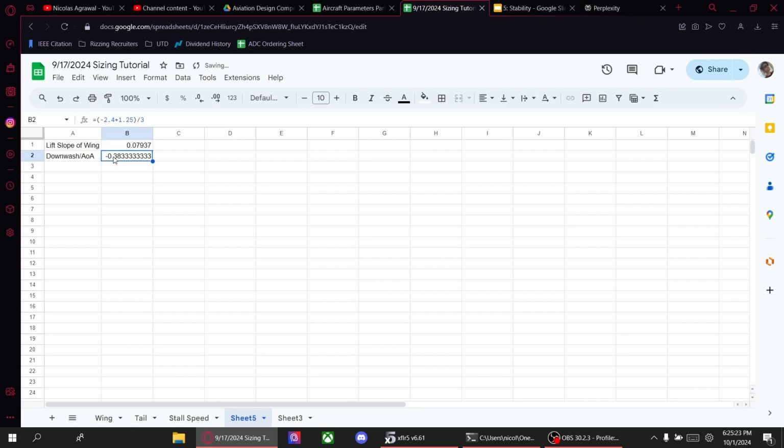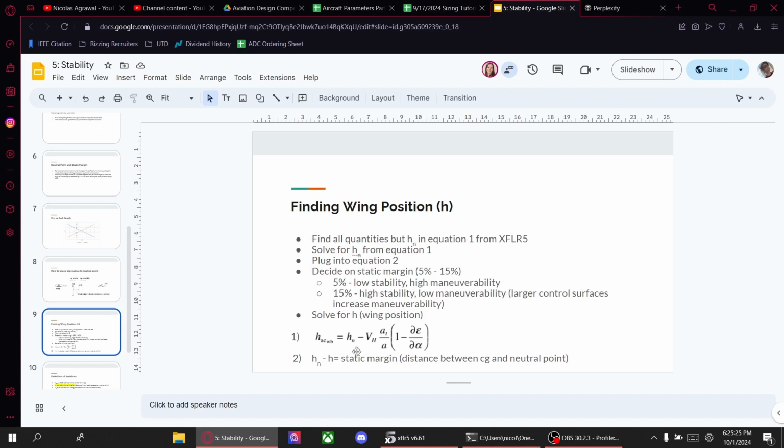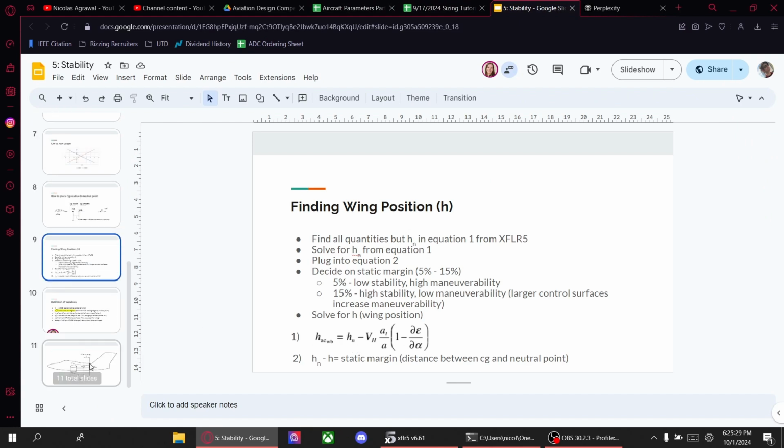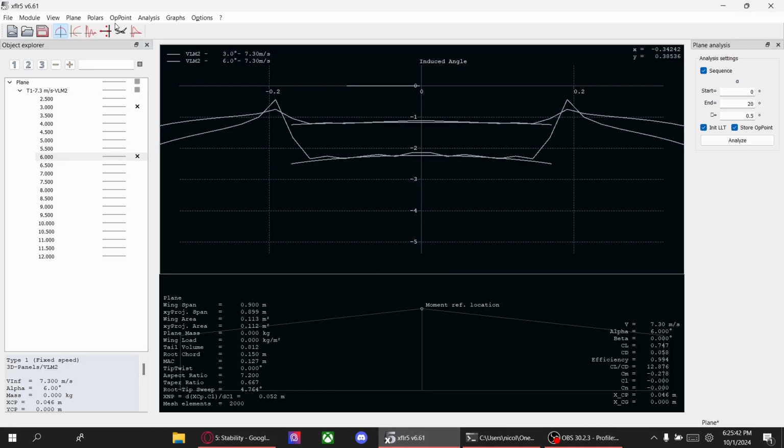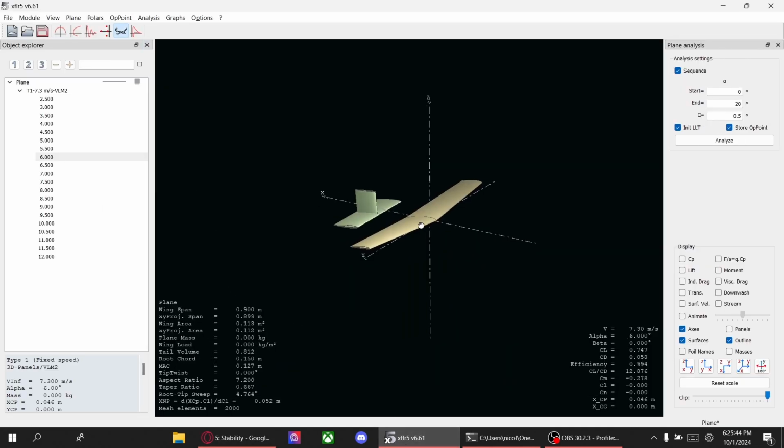So this will be our downwash slope, and now we have everything we need to find what is referred to as HN. If we look back over here, HN is the distance between the leading edge and the neutral point, and we can then use that in our static margin to place our CG. Our CG in XFLR5 we placed at x equals 0, so we'll move our wing in accordance with that. That was one iteration. Let's go ahead